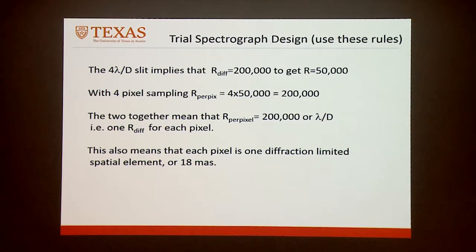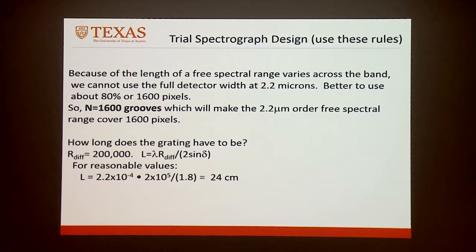The resolution per pixel is about 200,000 because there's 4 pixels per slit, and the ratio of these is 4. So the two together means we have 1 diffraction limit per each pixel. And so the diffraction limited spatial element is also going to be 18 milliarcseconds. We're going to use 18 milliarcseconds per pixel. Okay, so